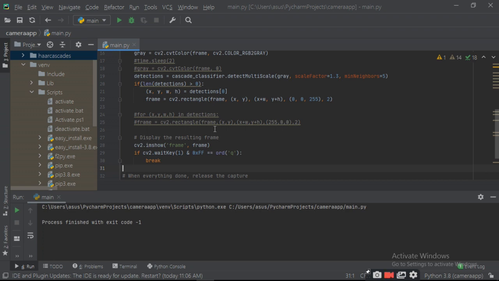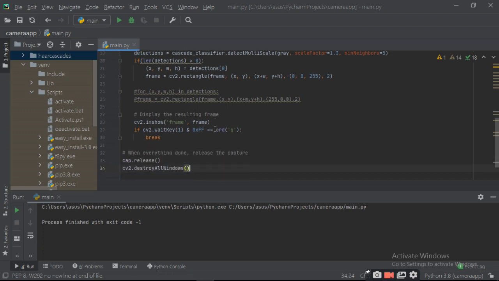Then if cv2.waitKey(1) & 0xFF equals ord('q'), then you must break your recognition. Now you have to release the capture and destroy all the windows.